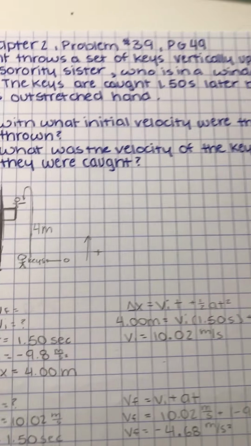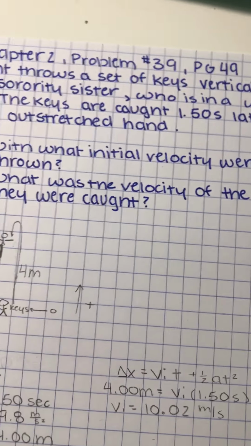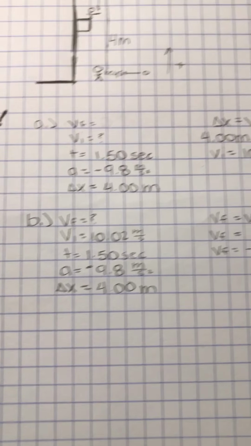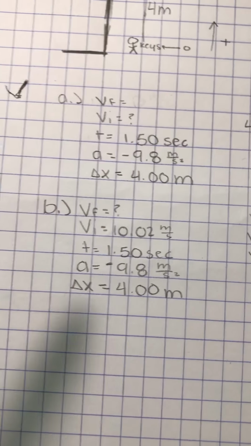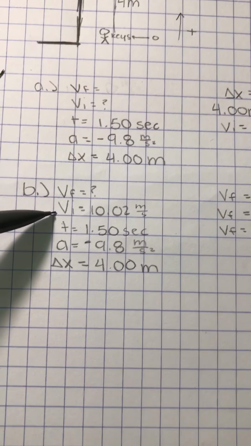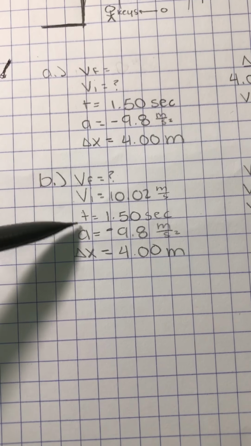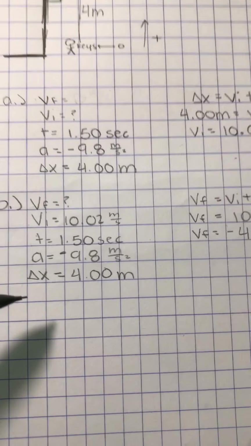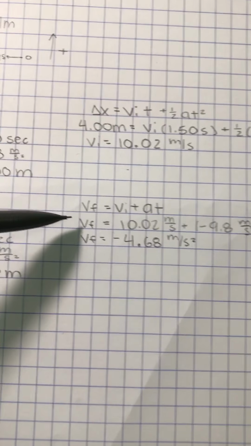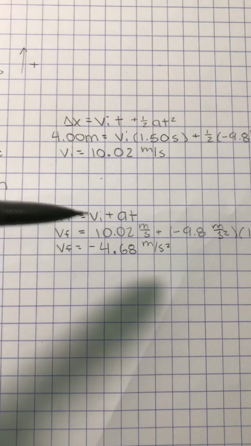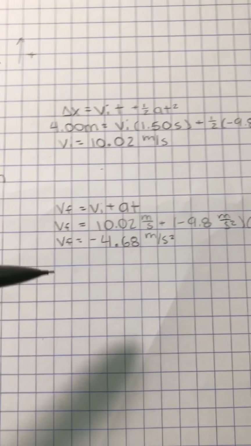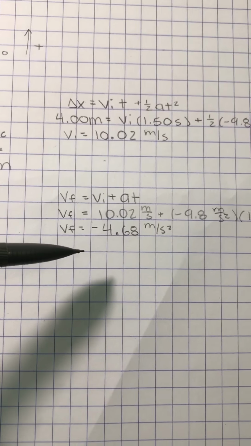Then for part B, we're finding the velocity of the keys just before they were caught. So when they are caught, the velocity is 0, but we're trying to find it right before they're caught, so we're looking for the final velocity. We know the initial because we just solved it, and the time is the same along with the acceleration and the displacement. And we're going to use this simple formula, final velocity equals initial velocity plus acceleration times time. We plug in all of our knowns, and then we solve for the final velocity, which is negative 4.68 meters